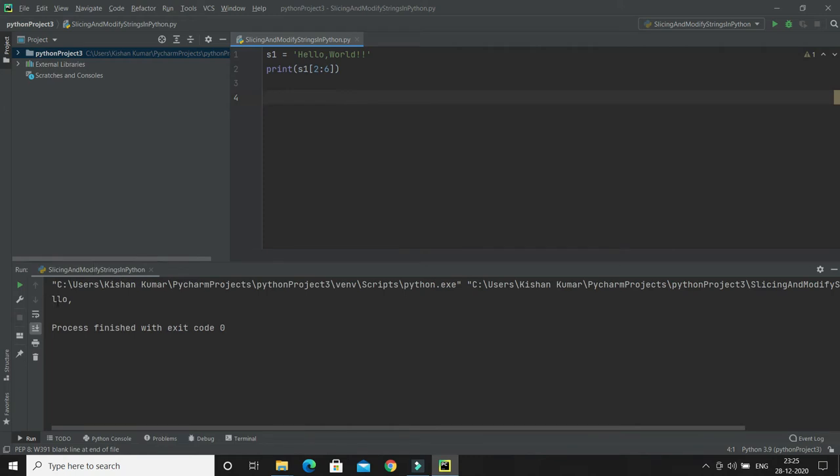Here you can see LLO and a comma, because we started from index number 2 till index number 5. Here you have to write n minus 1, meaning 6 minus 1, till the 5th index. That's how slicing works when you want to extract part of a string. And don't forget, the first character has index 0 like an array.